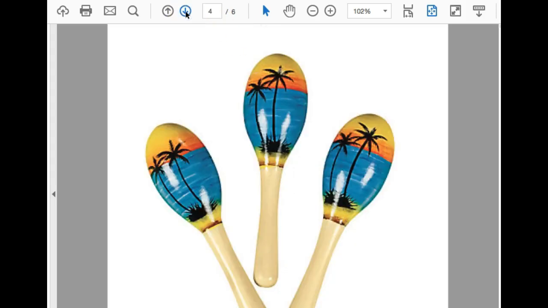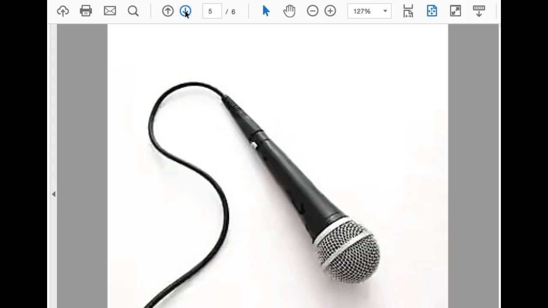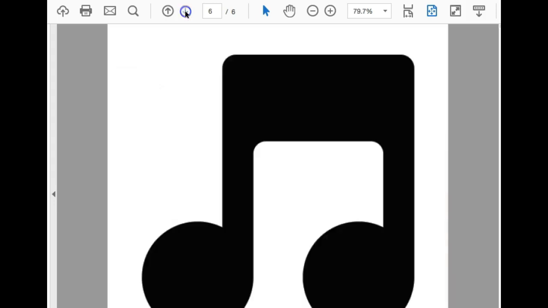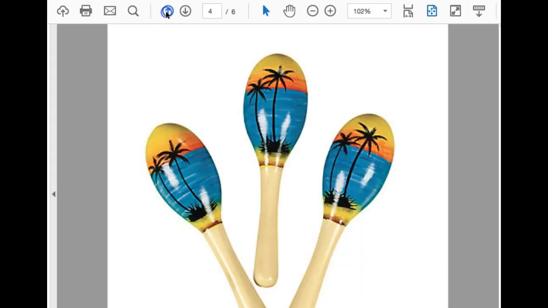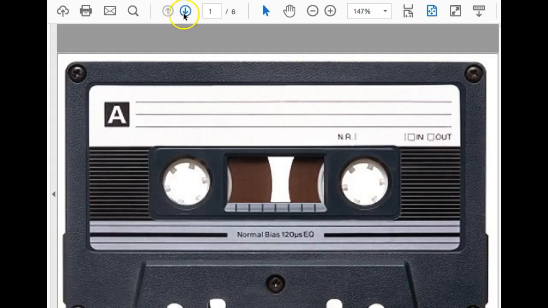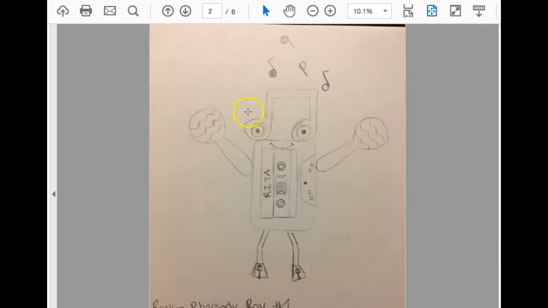This one too is a little blurry. Can you see how kind of blurry these images are? That's just because it's a small image, but you should easily be able to find another replacement on the internet if you look at Google Images. This is also too small, and this is a symbol, so you can't use that. But maybe there's something else you could use for the head, like, I don't know, a drum, something round, or maybe